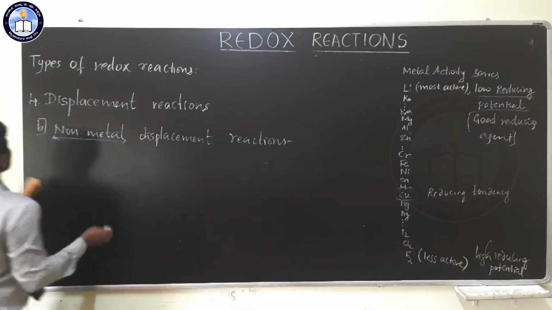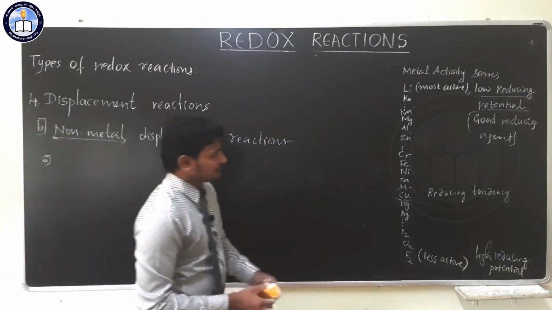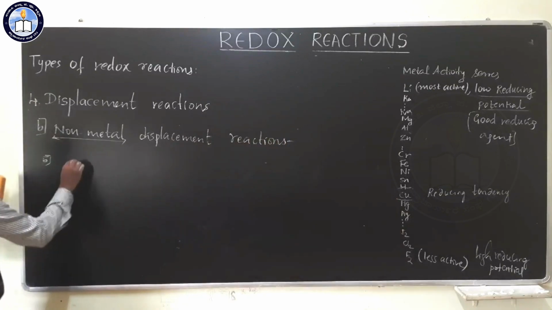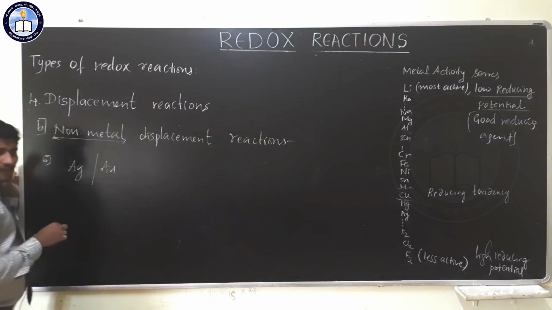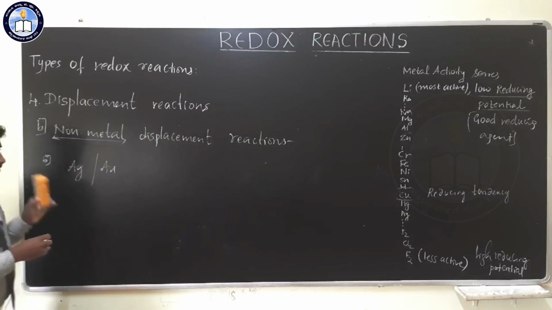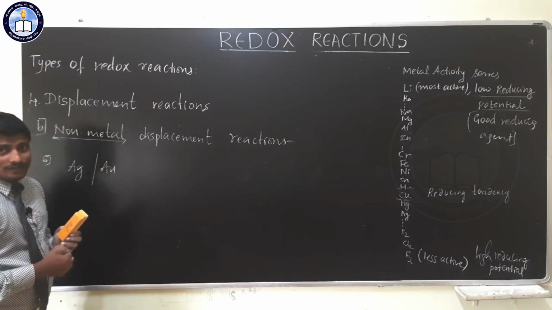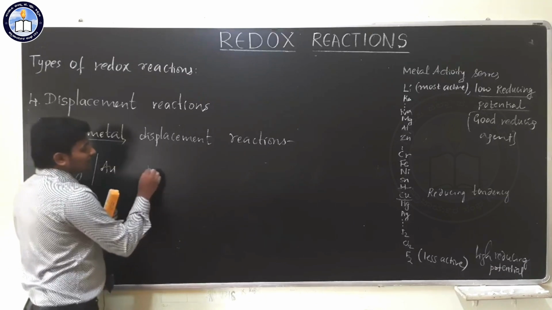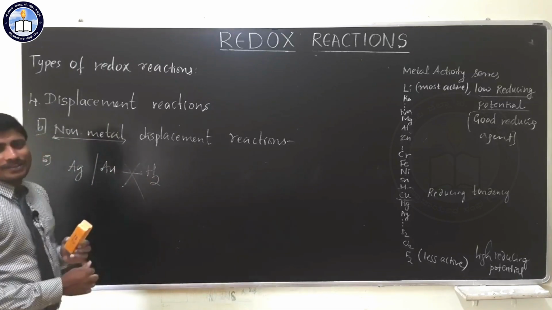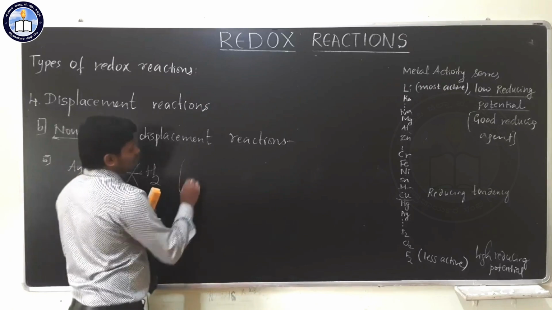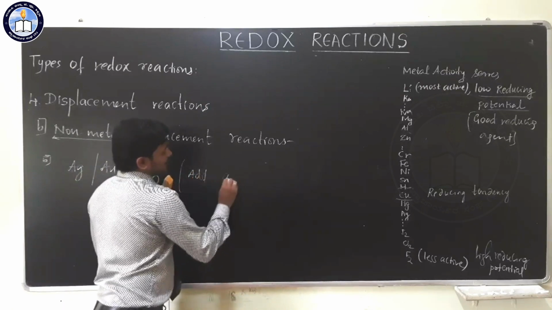In the case of the fifth category, for example, it may be Ag, silver, or Au, gold. This kind of metals are the least active metals. They do not replace hydrogen even if we add acid to them.